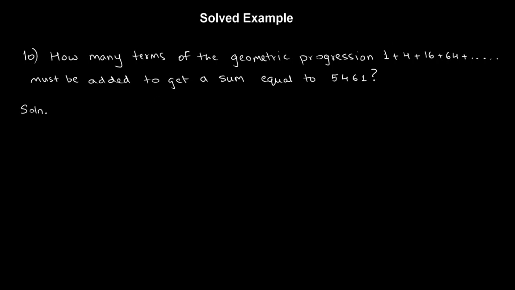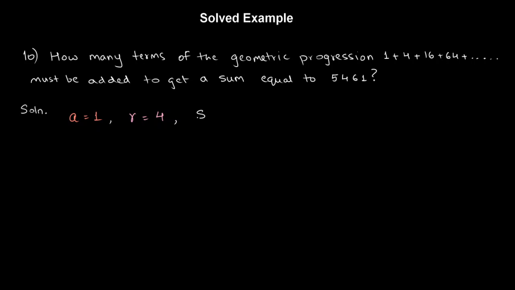As you can see, the first term here is 1, so clearly the value of A, the first term, is equal to 1. Next, we look at the common ratio denoted by R, which is 4. 4 upon 1 is 4, 16 upon 4 is also 4, so the ratio between any given term and its preceding term is 4. So our common ratio is equal to 4. And we've been told that all the numbers added together add up to